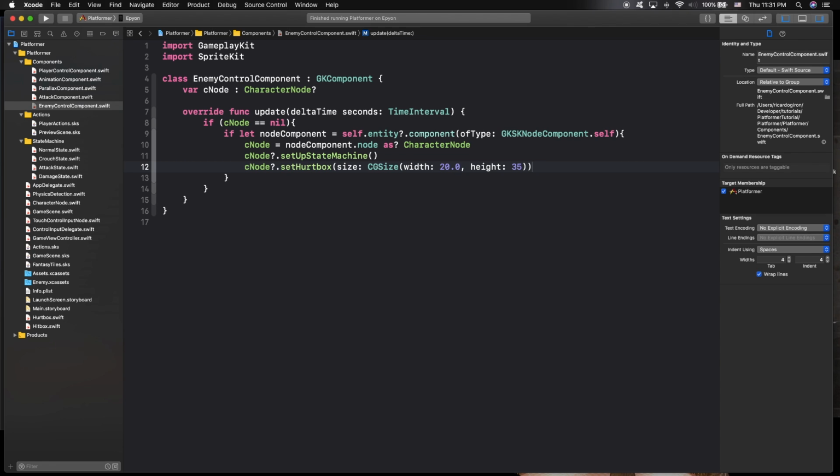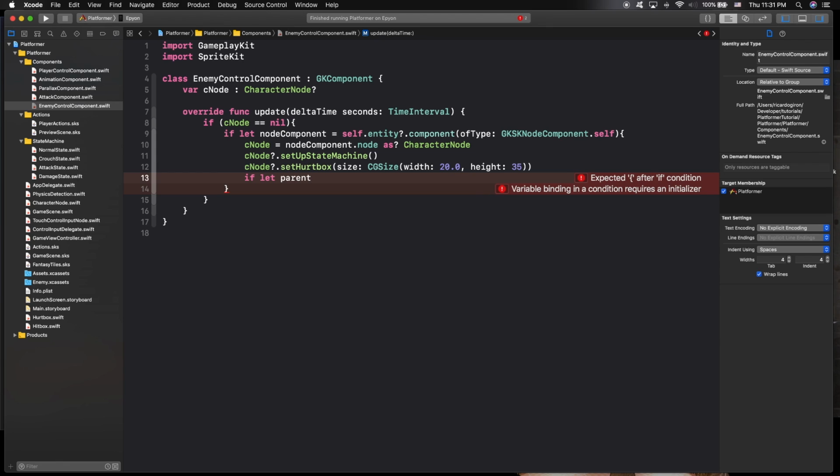But now that we're setting up the node, if let parent, we're going to add the hurtbox to the enemy, I mean the character node, to the enemies list inside